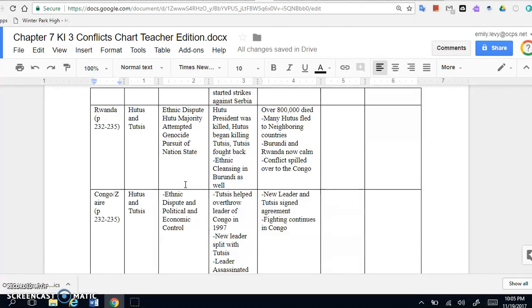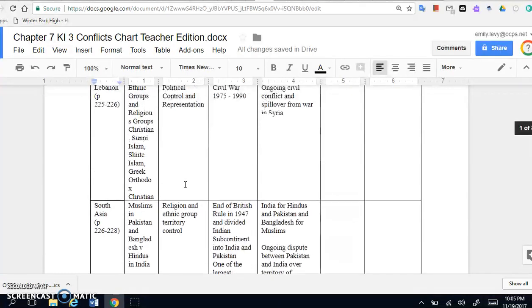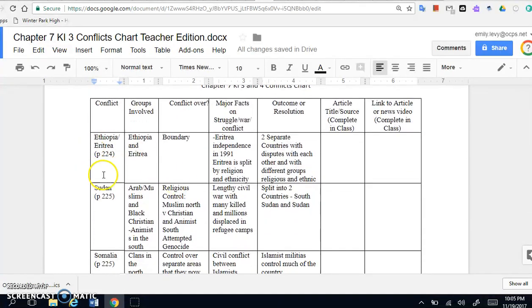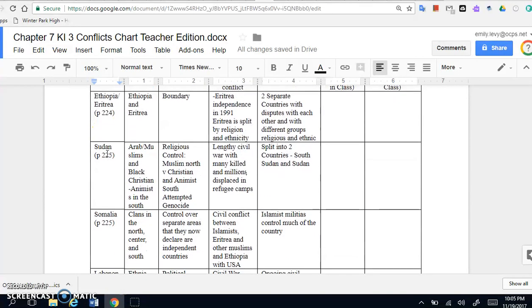And so, again, this concludes our conflicts discussion. On your chart, I'd like for you to add some centrifugal forces here. Much of this has to do with pursuit of a nation-state concept where the ethnicity, typically the majority ethnicity, wants to be in a country that is homogenous with just their ethnicity, and to get the other groups, the diverse groups, out of their way, they either force them out or they've attempted genocide against them. And so we've seen conflicts where diversity has been an issue between Ethiopia, Eritrea, in Sudan, which was